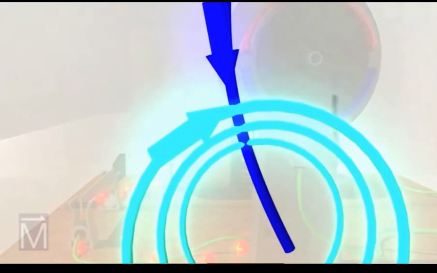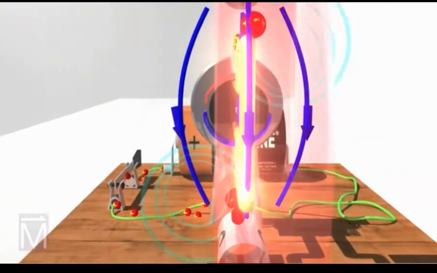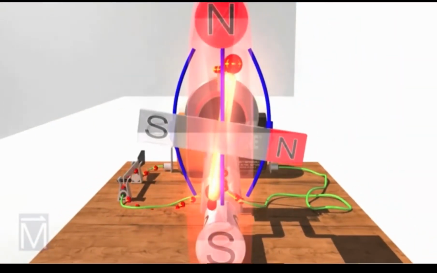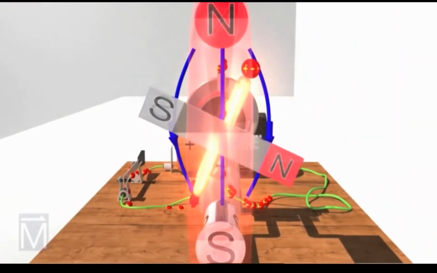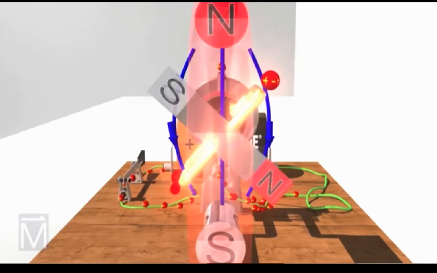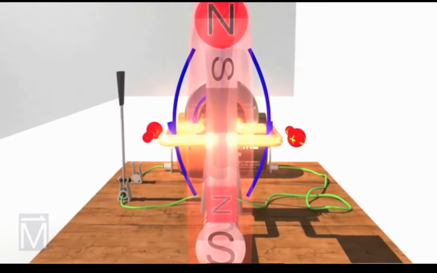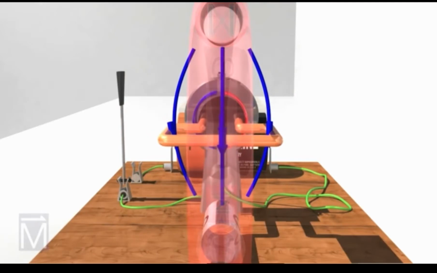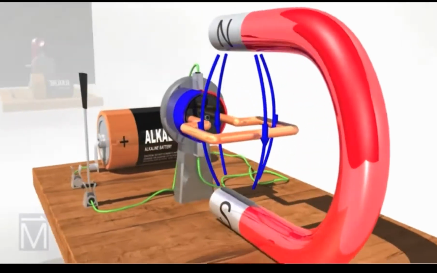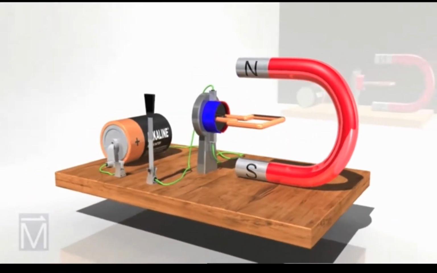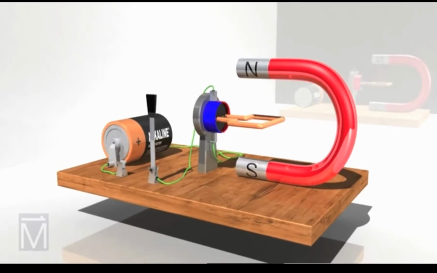Stopping the action for a moment to take a closer look, we see that the field around the coil opposes the field of the horseshoe magnet. Using this bar magnet again to represent the field of the coil, we see here that the horseshoe magnet's north pole is attracting the south pole of the electromagnet in the armature. In fact, these two magnetic fields oppose or attract each other at several points. Let's talk about how the design of a DC motor leverages these two forces into a machine that can do